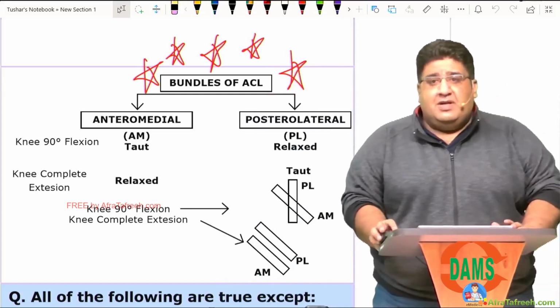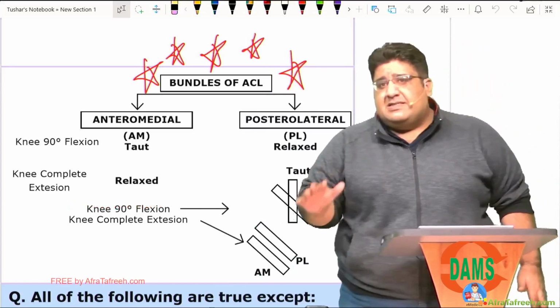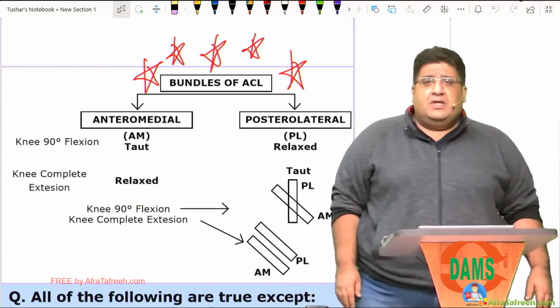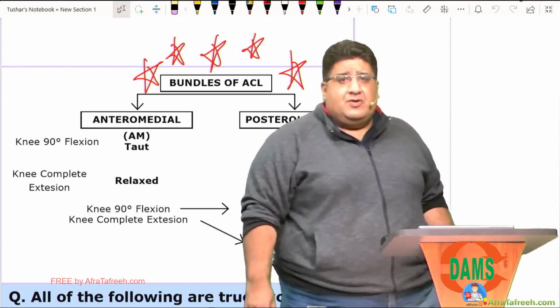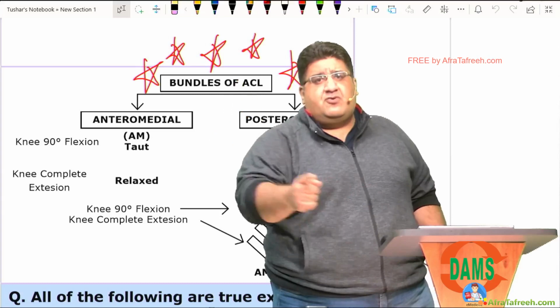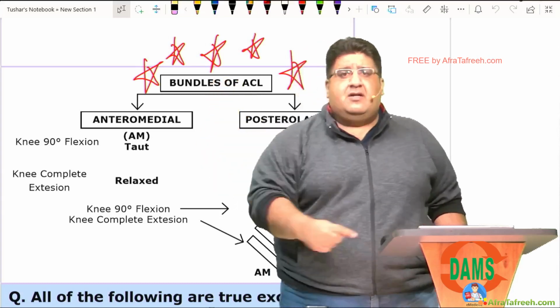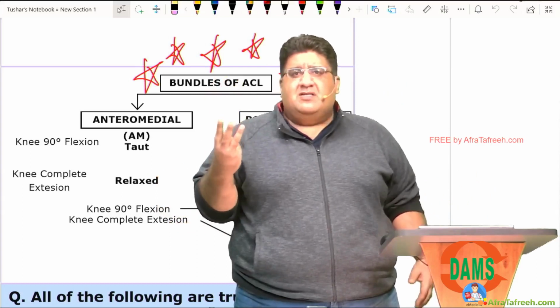And believe me, with this, we finish the last set of ligaments, that is the cruciates, including the anatomy, the injury, the testing, the treatment, the 6 similarities, the 6 differences, the injury pattern, the clinical testing, and the treatment, and even the bundles. And remember the 3 clinical scenarios I have given.